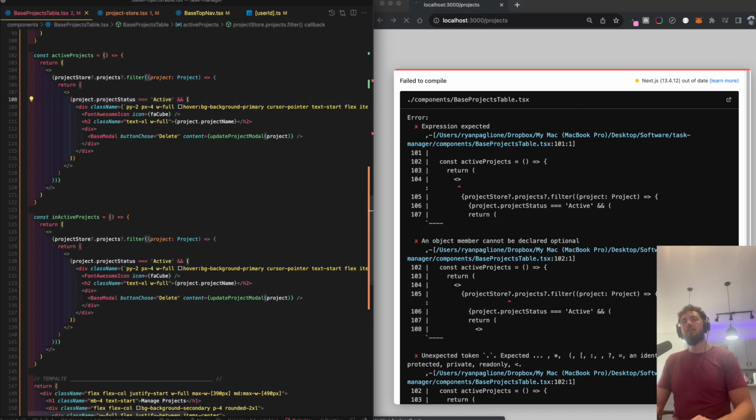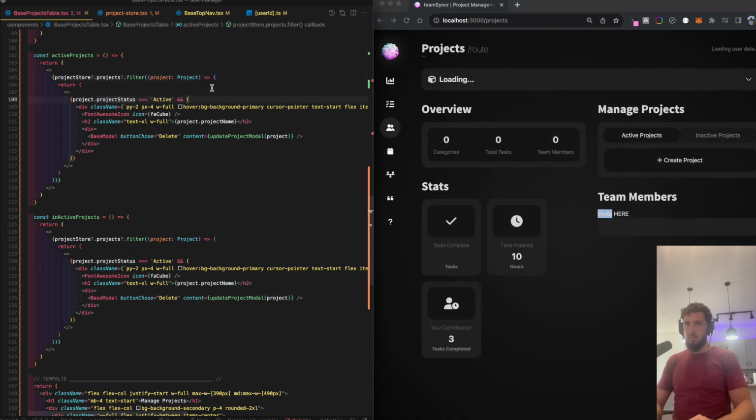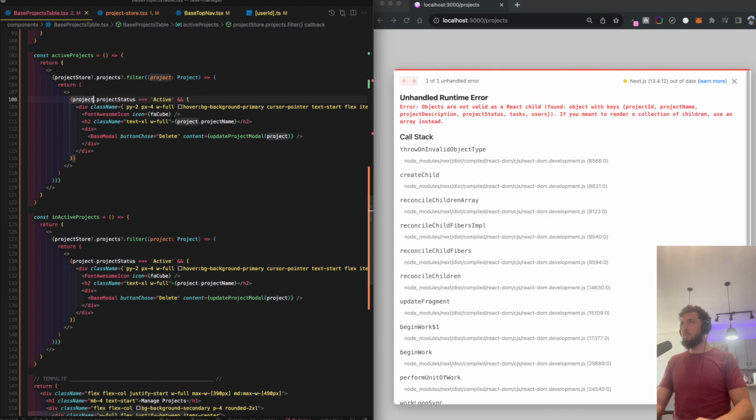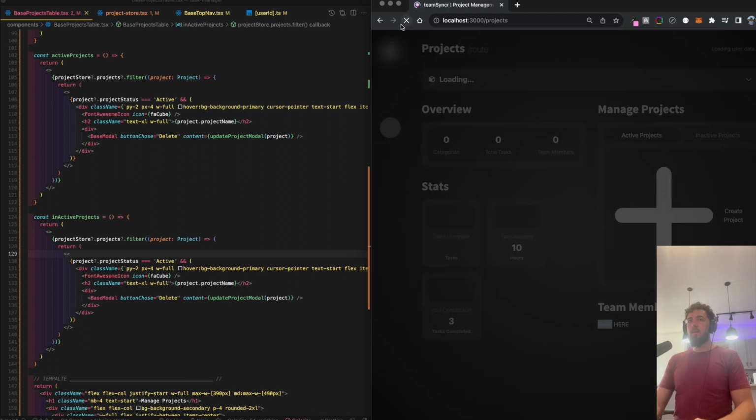Project status. Let's see if it just does it one more time. Maybe we just want to conditionally render it real quick. Maybe that's all it needs out of that, because it's like maybe firing off the child first and then the project status comes in. Potentially could be what's going on in the DOM. Let's see. Fingers crossed. Nope. Did not like it. Okay, so